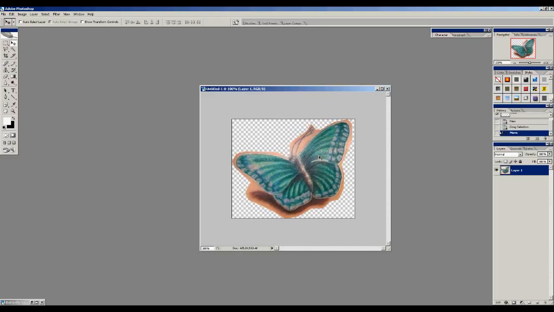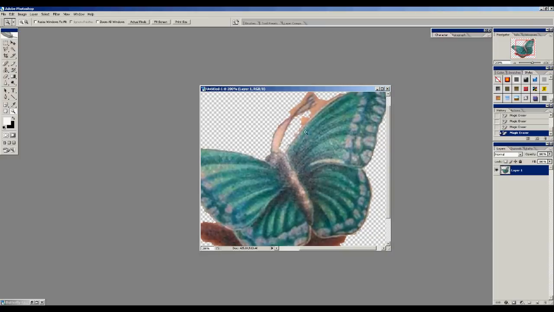I usually start by taking the magic eraser and getting rid of the big areas of the skin on there. Now that one's not good, so we won't do that there. I'll just clean this up quickly like that. Let's see if it'll work here. Yes. Okay, so now I'm going to take my regular eraser and go in close and clean this up a little bit better. So once again, like I did before,